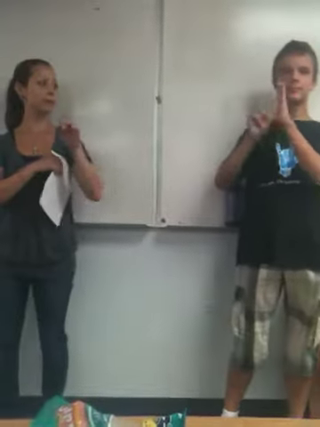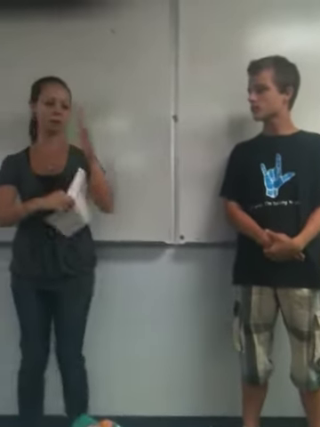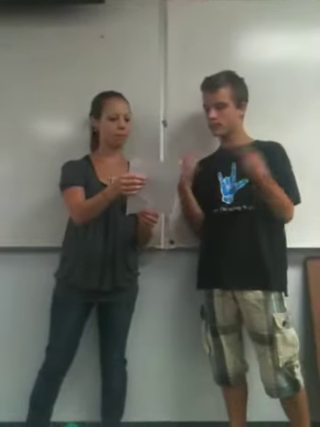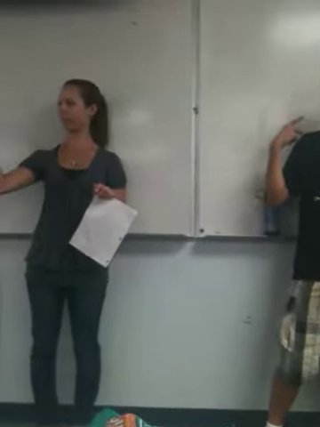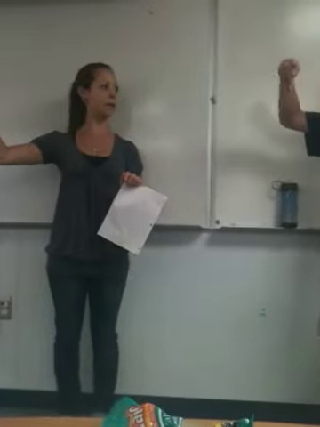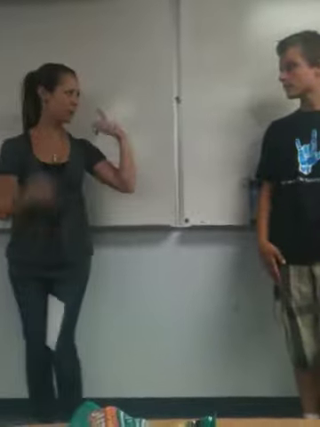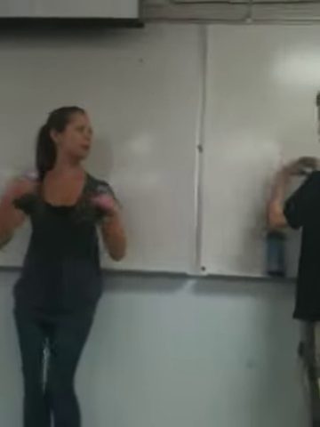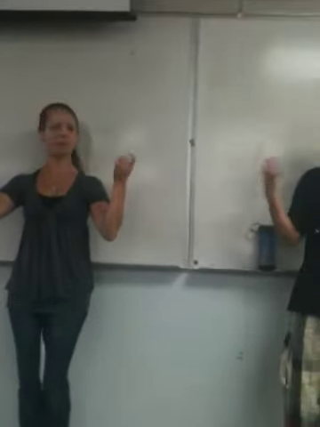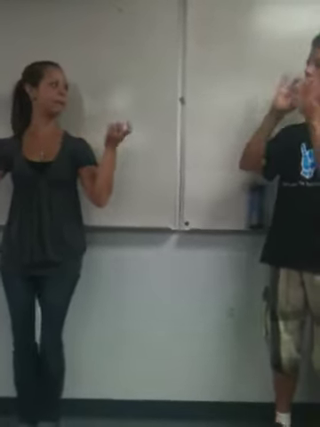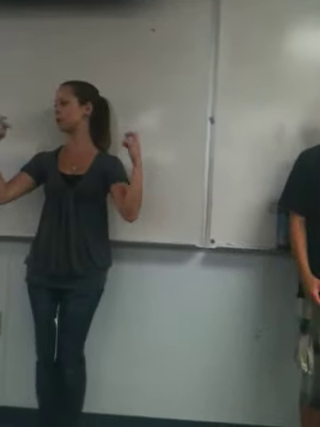Bell, like the little ringer inside hitting the side of the bell to make the noise. PE. This is a P and then an E. Because this is the sign for gym, like you're kind of exercising a little bit, and then it's related to PE, so that's why you're still going off the shoulders, but you're using the P and